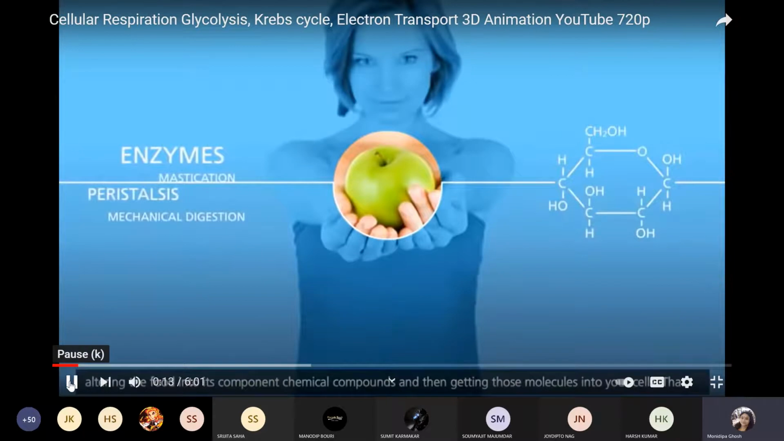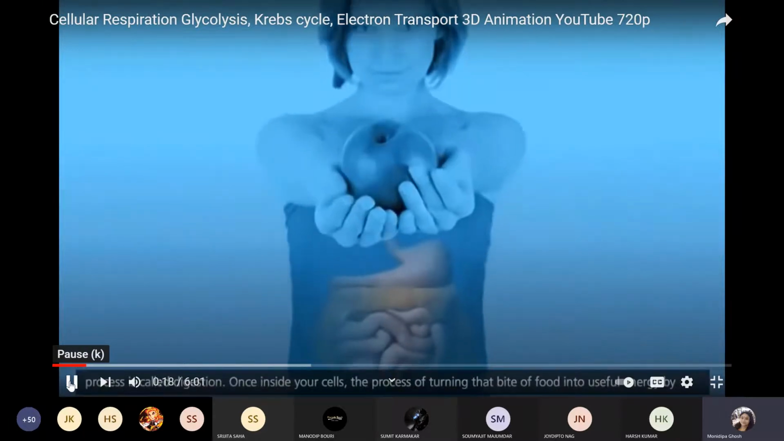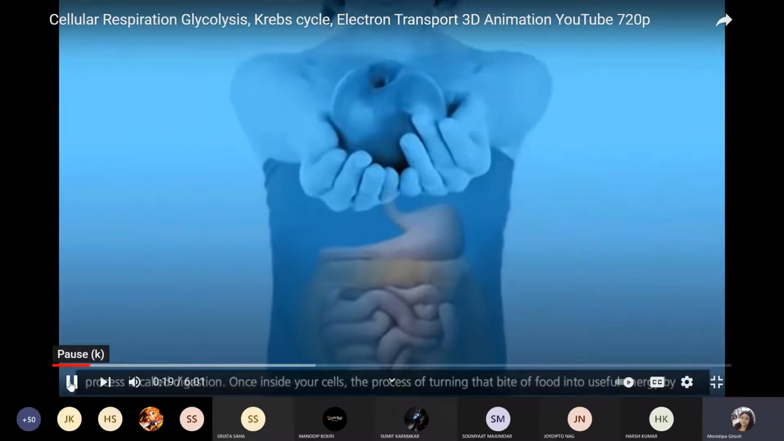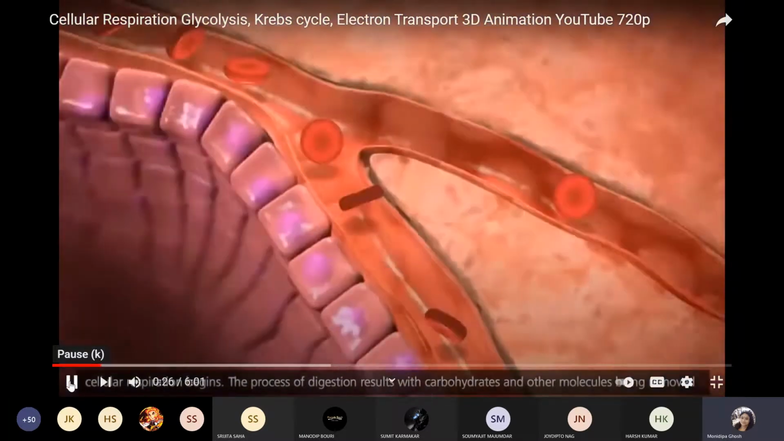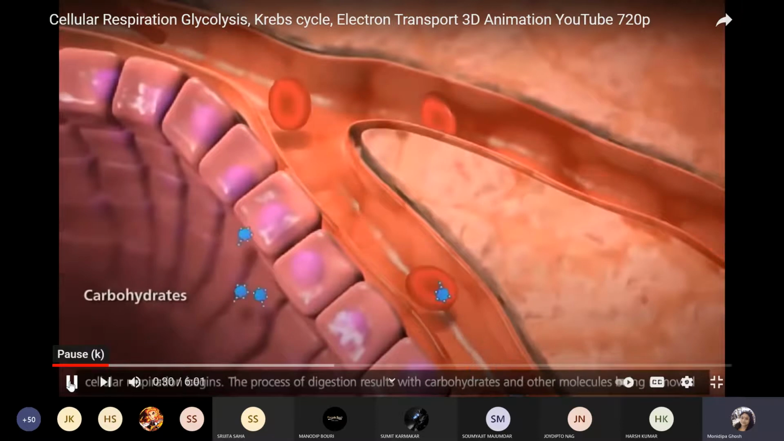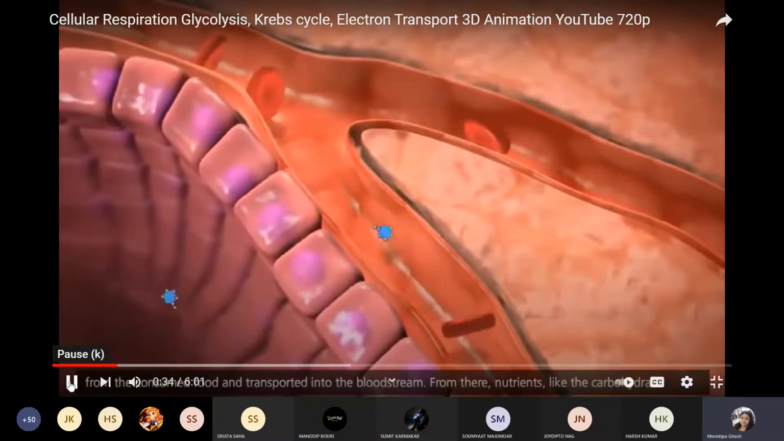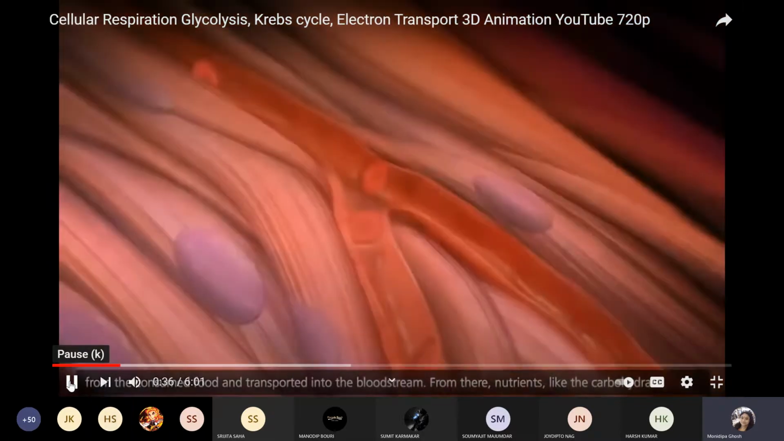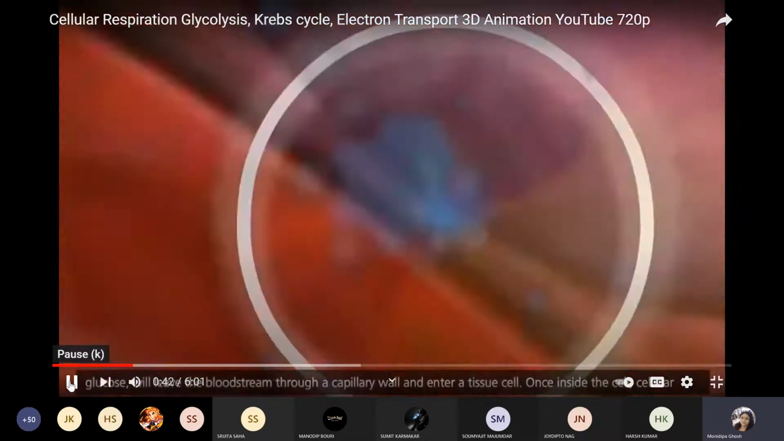Molecules into your cells. That process is called digestion. Once inside your cells, the process of turning that bite of food into energy by cellular respiration begins. The process of digestion results with carbohydrates and other molecules being removed from the consumed food and transported into the bloodstream. From there, nutrients, like the carbohydrate glucose, will leave the bloodstream through a capillary wall and enter a tissue